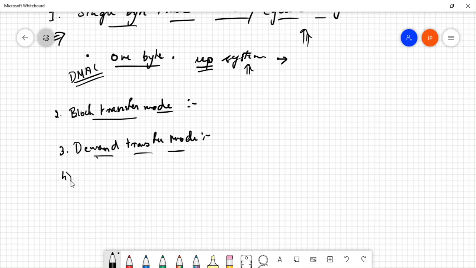And the last mode is known as the cascaded mode, in which you can cascade more than one DMA controller, where you can have a first level and a second level of DMA controller. This increases the number of devices you can interface with the memory, which basically means that you can increase the number of peripheral devices by using a cascade configuration. So these are the four different modes of operation of the DMA controller.